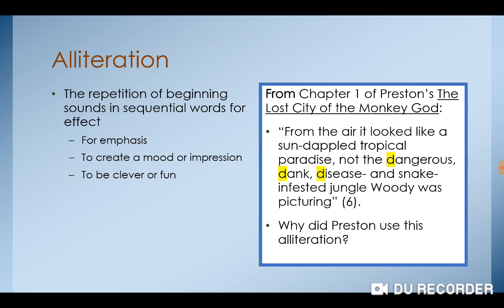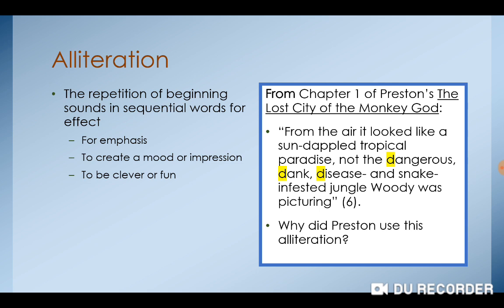Okay, so the first one we're going to go over is alliteration. Alliteration is the repetition of beginning sounds. An author might do that for emphasis. Usually it creates some kind of mood, and often it's just really fun sounding. One of my favorite places for this happened in chapter 1, and I probably pointed it out to you then because I read chapter 1 to you. So here's your example, and I highlighted the repetition of those initial sounds. Do you see that the D's are all highlighted? That's what we mean with alliteration.